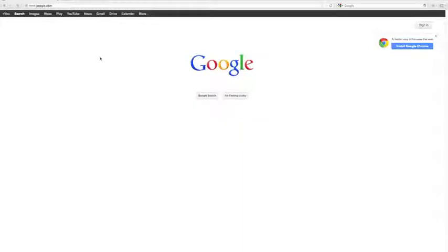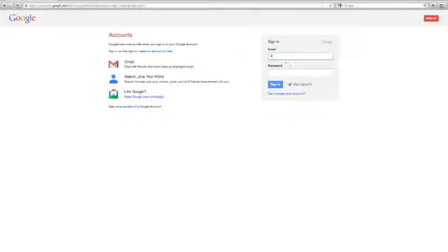This class requires the creation of an online portfolio, and to do that you'll need an account with Google. So if you have a Gmail account, or you're on YouTube, or if you signed up for something else with Google, Google Docs or Google Plus or whatever, you're good to go. So what you need to do then, go to Google, you need to sign in,